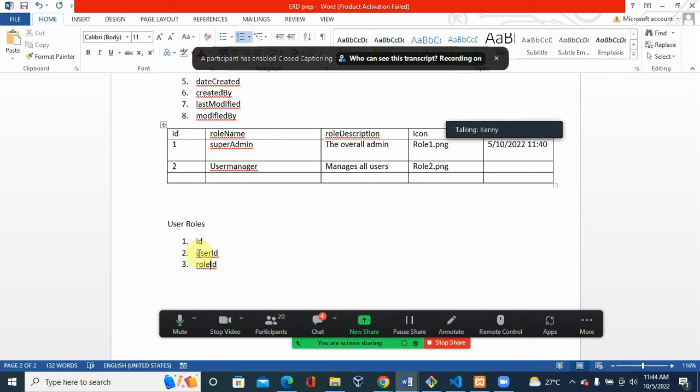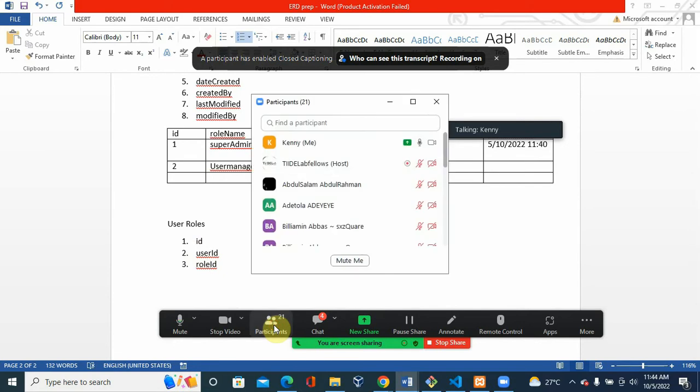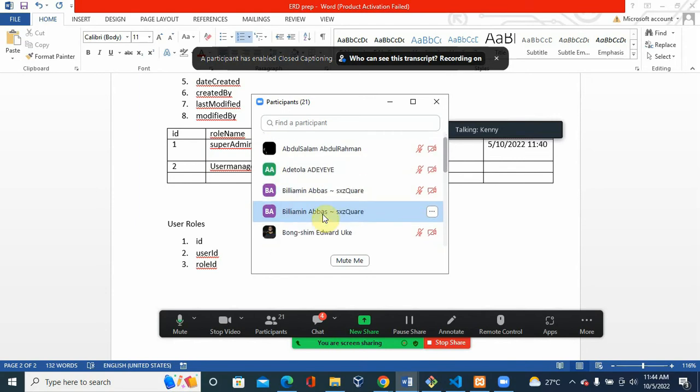Like I said, assigning user manager to Memuna, to Adetola Adeyeye, to the same Biamin Abbas, all of them the same role. And then I can assign multiple roles to a particular user. What am I saying? It's possible that, let's say,